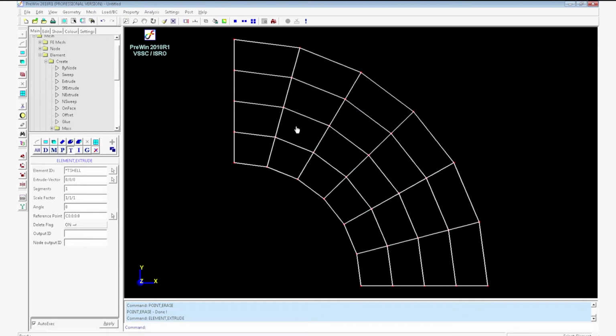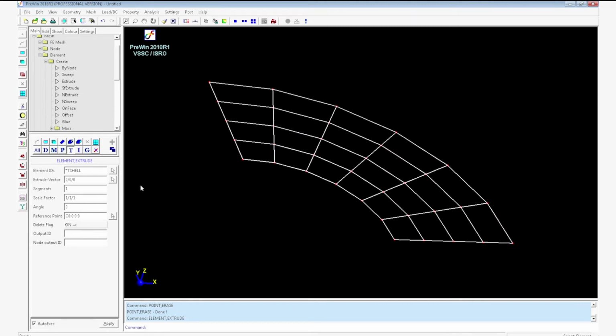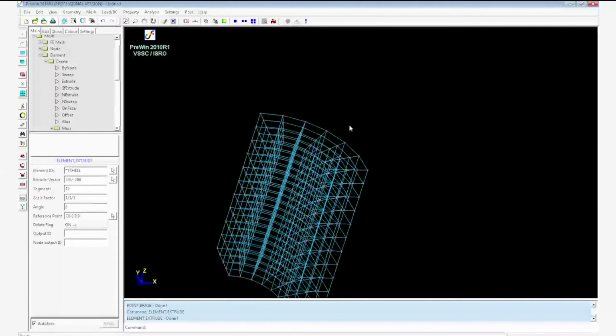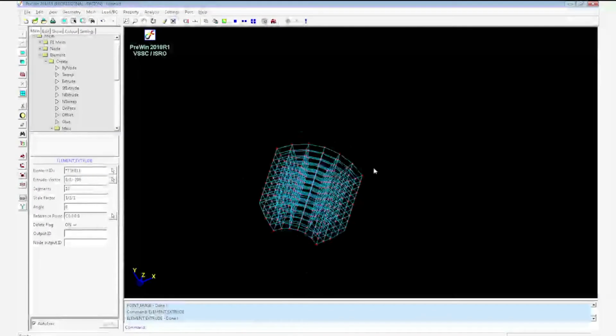You can use the type option. Pick type, pick on any shell element. All the shell elements will be selected. Now in extrude vector value, enter the extrude vector as 0, 0, minus 200. It will be extruded in the negative z direction. Enter the number of segments as 10. Click Apply. Brick elements will be created.